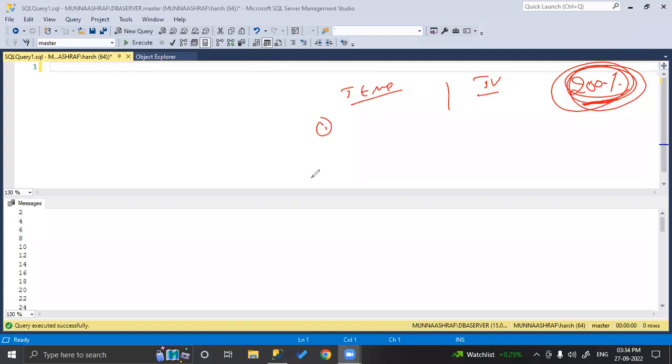We have to manually drop it once the session is closed.